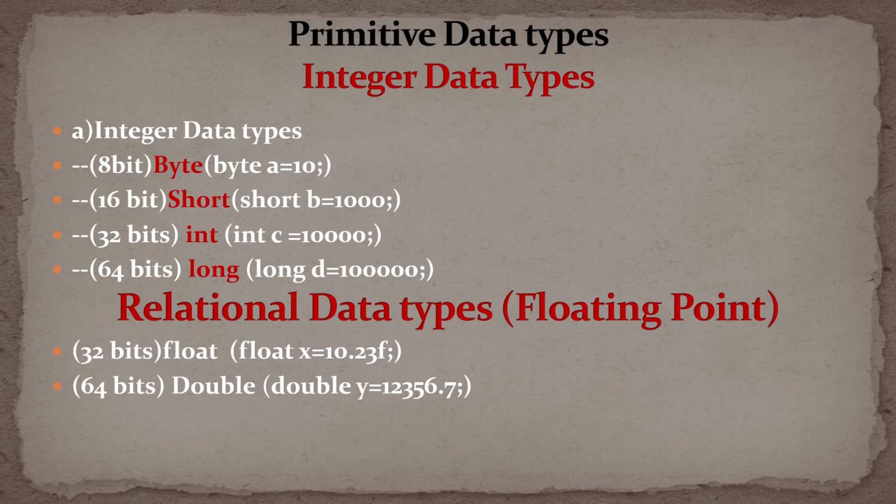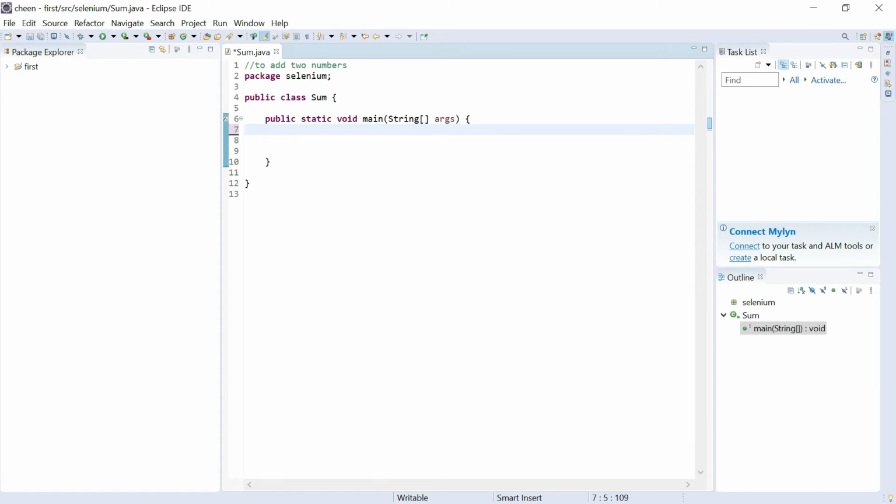So let's understand this practically. Let's say if I want to declare a variable of byte data type, I'll write byte, name of the variable, assign value. So this is how you can declare something. If you want to store 8-bit data, what do I mean by 8-bit data? 8-bit data means it can hold combination of 3 numbers. But if I want to store more than that, let's try this. It will give me error. If you are storing 3 numbers, it's not going to give you any error. But if you are storing more than 3, that is in this case 4 numbers, it is giving you error. Why? Because it can hold only data of 8 bits.